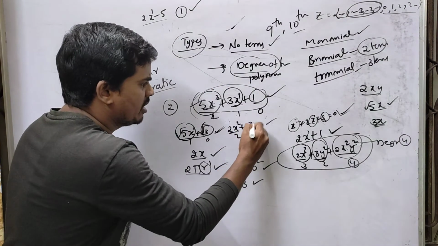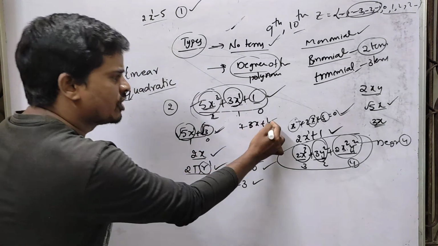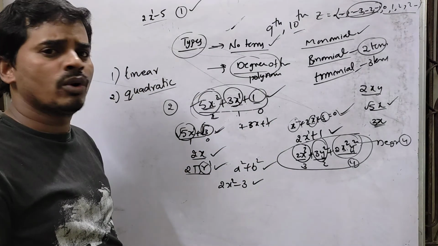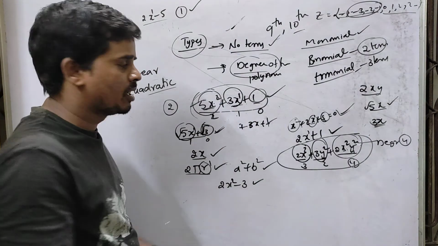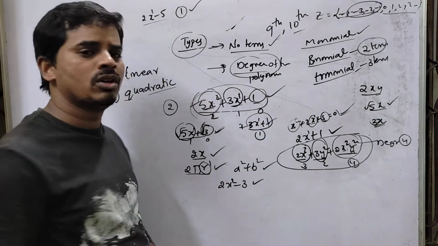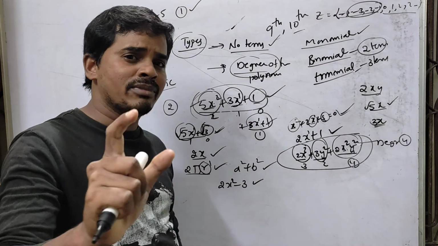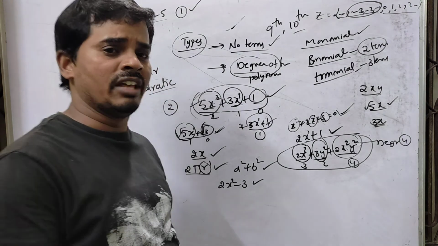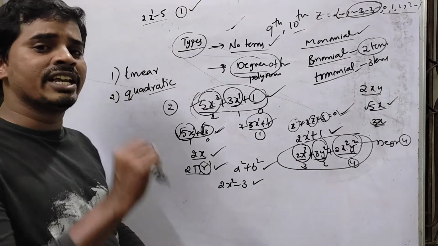Suppose now I erase 2x square. Is it a quadratic polynomial now? No, it's not a quadratic polynomial, because the highest degree is not 2. The degree is 1; the highest degree is 1 only now. So to call it a quadratic polynomial, there must be a degree 2 term. The other terms may be absent or of degree 0 or 1, but there must be a degree 2 term.